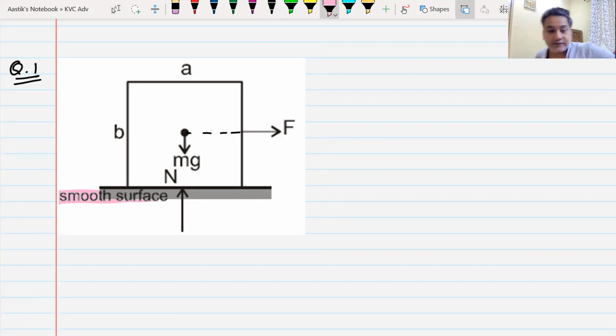What should be the value of F so that the body can topple? What is the condition for the body to topple in this case? And the answer is